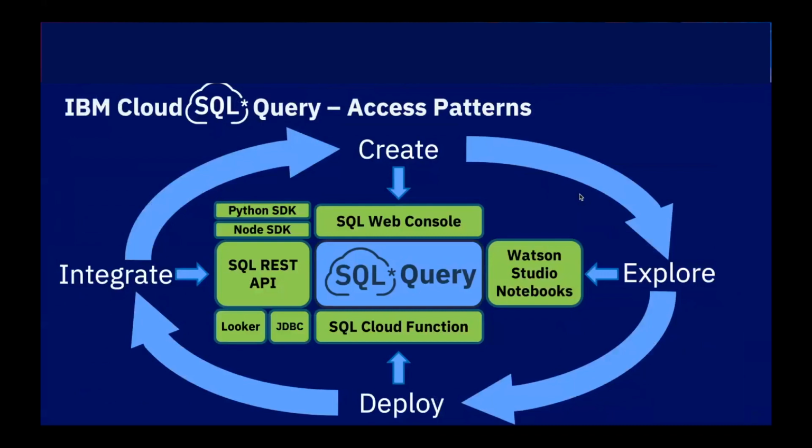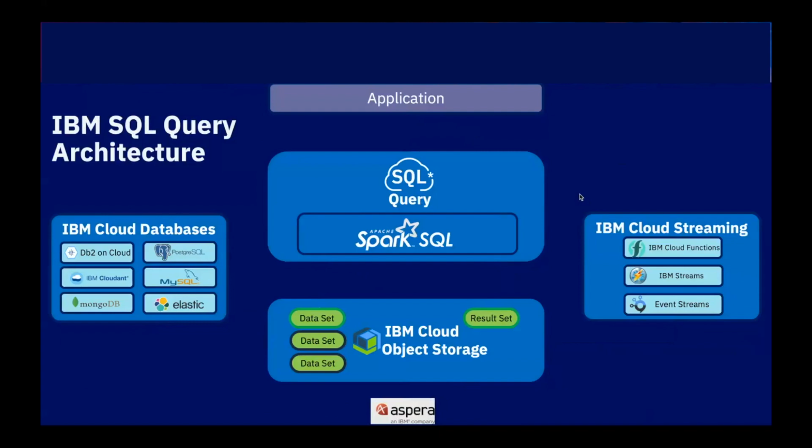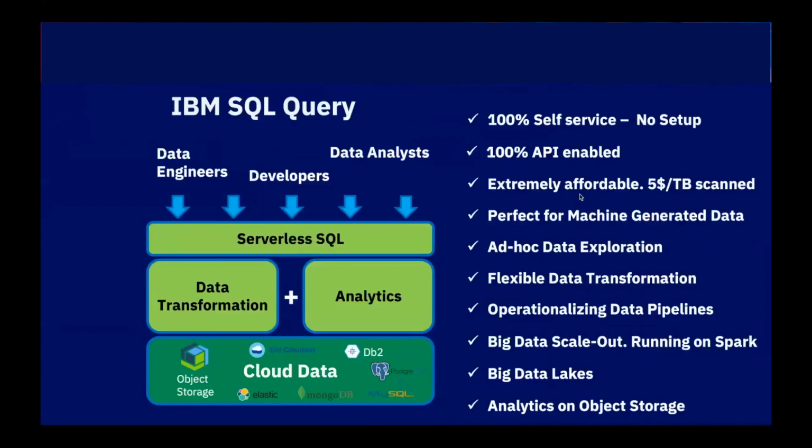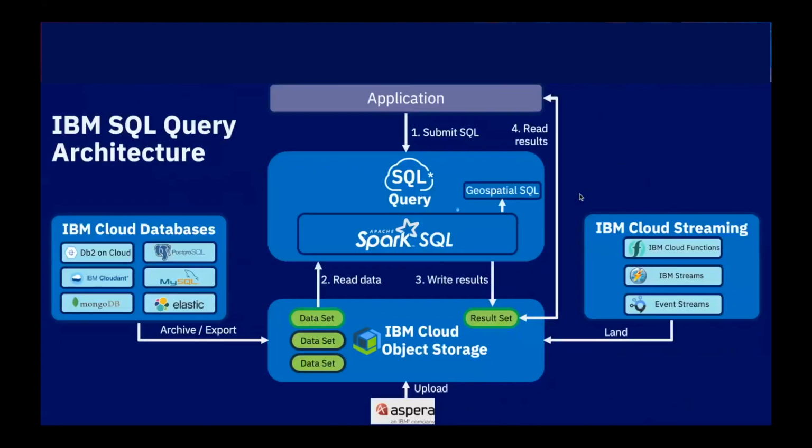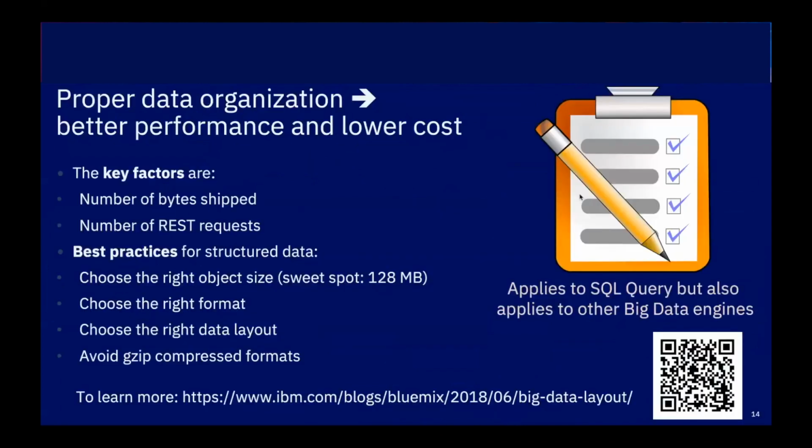Now, this is more to introduce the service as a whole, and as I already mentioned, it does these two major use cases, right? Remember, the transformation and the analytics piece. For transformation, one of the key reasons you want to transform data is to prepare it and make it query friendly. That's very important, and it's the key to success for any kind of analytics that you want to run on cloud object storage data. You should take care that the data is laid out in a proper way so that the analytics can run in an optimized way.